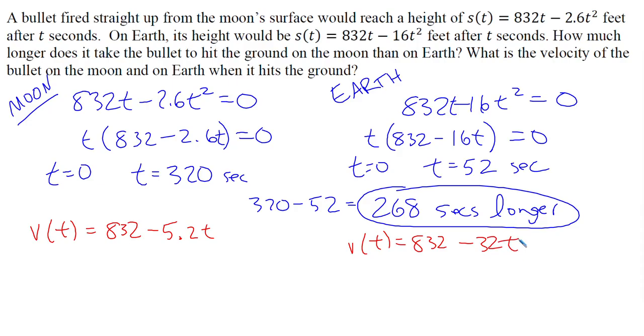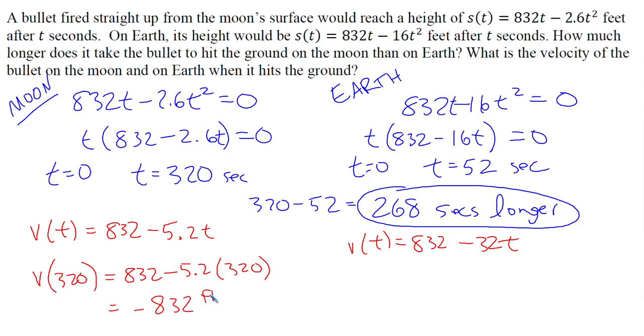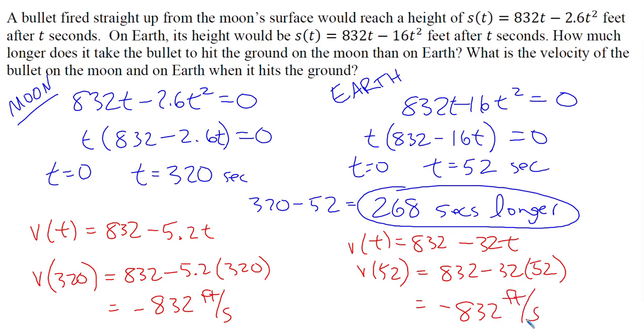And if we want to evaluate them both for when the bullet hits the ground, for this one, the velocity will be at 320 seconds. So that gives us 832 minus 5.2 times 320. I'll spare the arithmetic there. That ends up being negative 832 feet per second. And on this one, we're going to do the evaluation at 52 because that's the time at which that bullet hits the ground. So it'll be 832 minus 32 times 52, and as it should, that also comes out to be negative 832